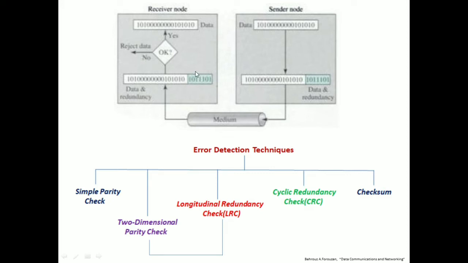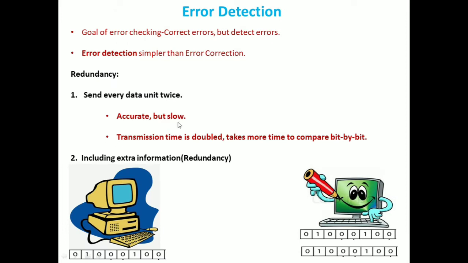How it is going to detect whether this particular original message is correct or not depends upon the type of technique we employ in appending the redundant bits to the source. How we are going to append the redundant bits, we will be discussing in the forthcoming discussion. So this is all about redundancy. Simply, redundancy is adding some extra bits to the original message. Why are we going for redundancy? Because sending a data unit twice will take a lot of time. It may be accurate but it is slow. This is the reason we go to the concept of redundancy.